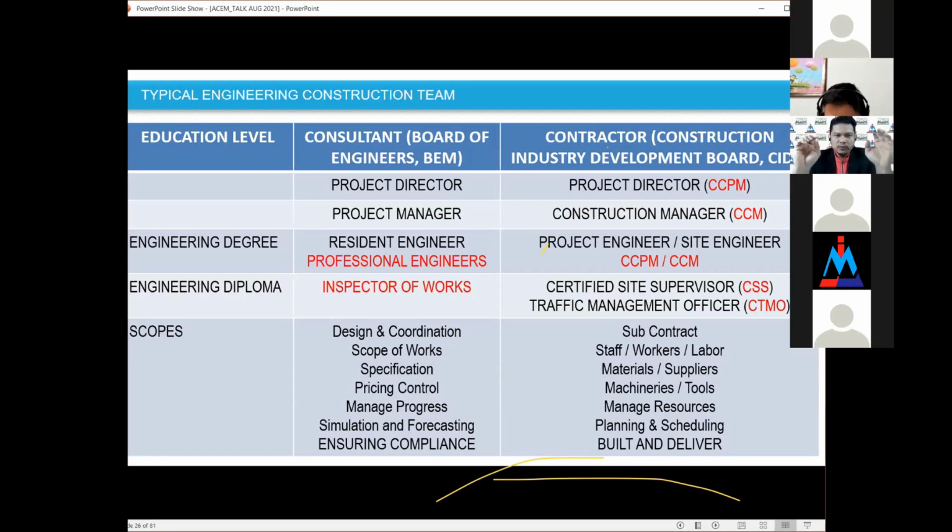Meaning to say that if you are from the consultant side, I am also a consultant, an M&E consultant. So I can become the PE from a consultant's point of view. At the same time, we can also become the CCPM to understand more about the construction works, and also be certified by the CIDB. So what's wrong with it? There's nothing wrong with it, because this is the way our project management competency is assessed and certified by